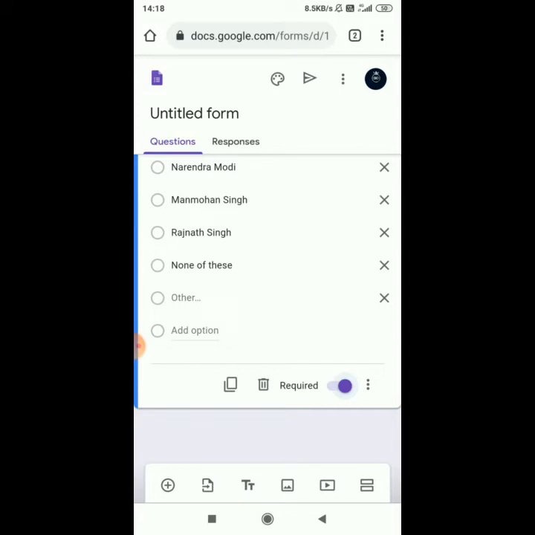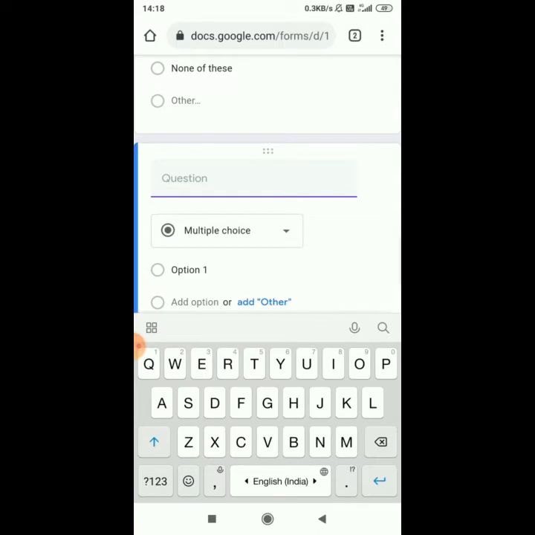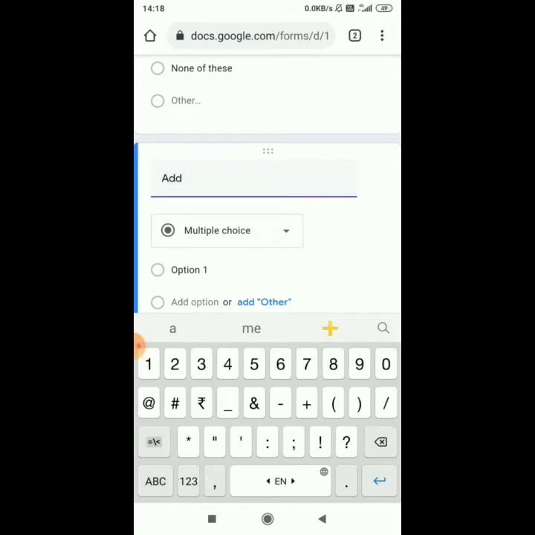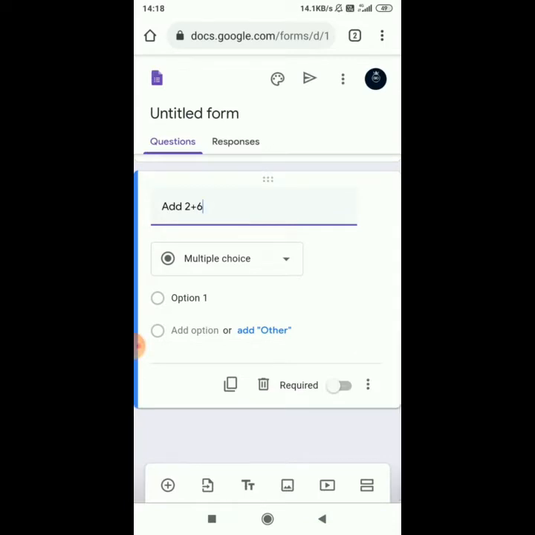To add the next question, there is a plus symbol at the bottom. Click on that. We will add the next question. We will type it as 2 plus 6. This we will select as checkboxes.